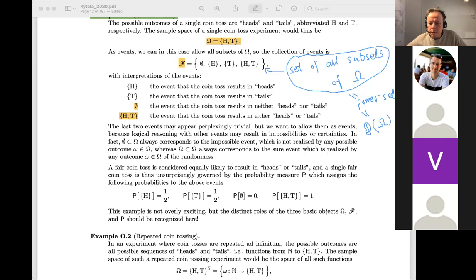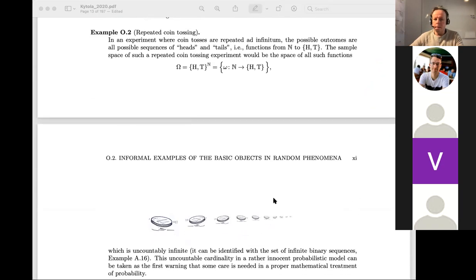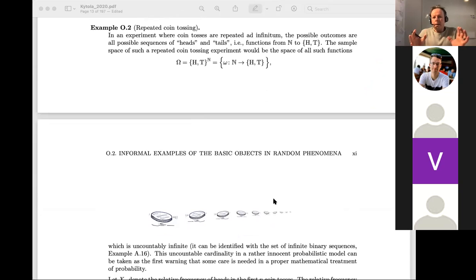So let me clear this little note. And we go to the next example, which is: what if we make several coin flips? Not one, not two coin flips, but maybe some number of coin flips that we don't fix a priori. In that case, in principle, there could be an infinite amount of coin flips. If we want to model a system or situation where we don't fix it, there will be more and